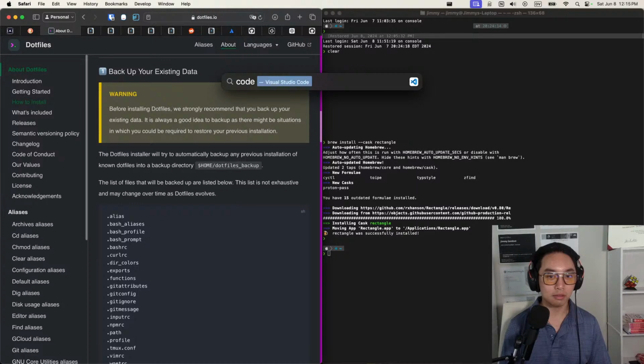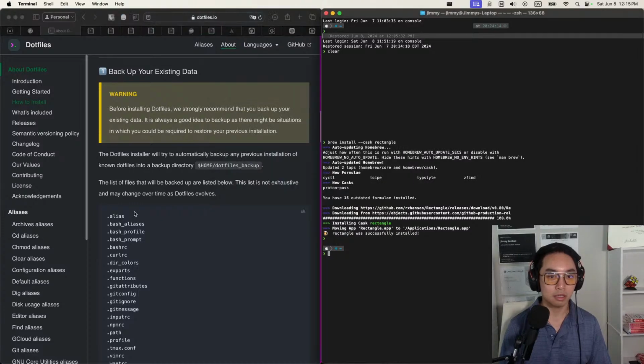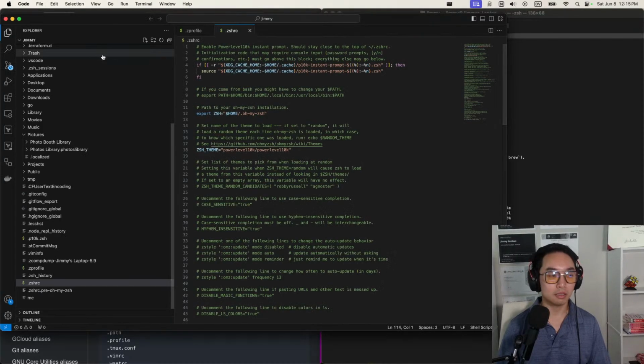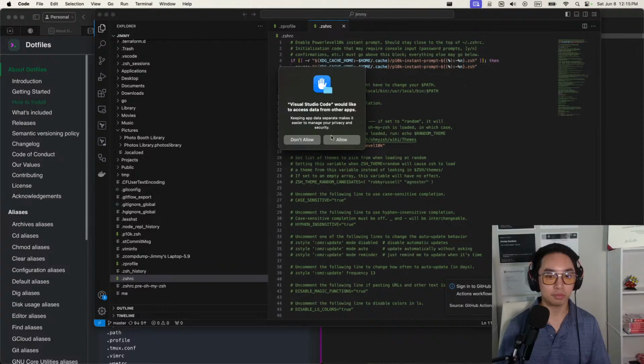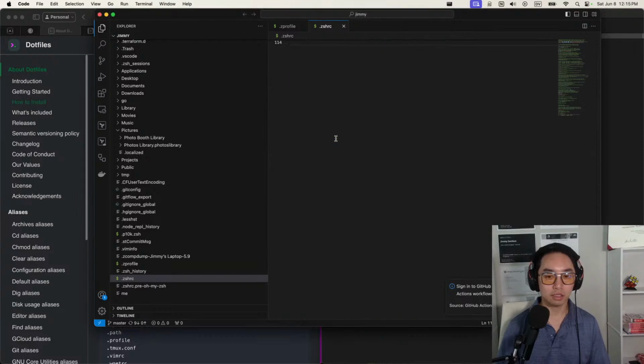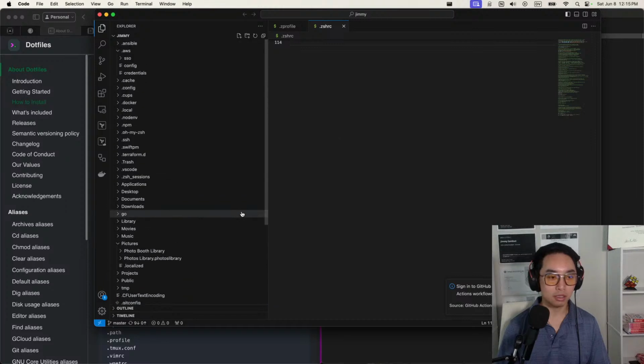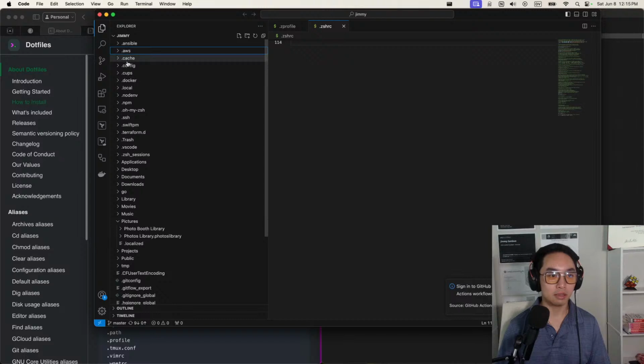So actually go to terminal, which is already open. Oh geez, what am I doing? Code. And I want to open up the current directory. So this is what my current dotfiles looks like. I think there shouldn't really be anything secret except for my .aws file,